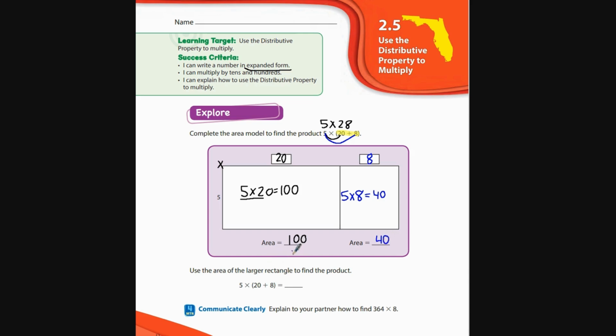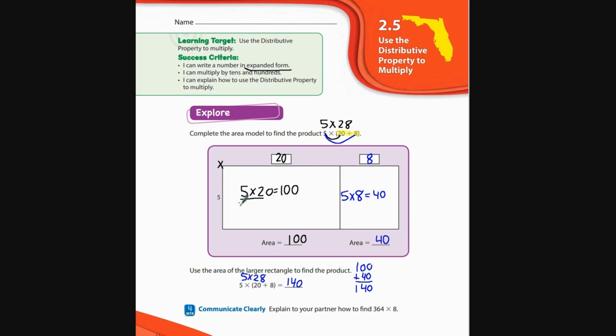That means that in order for me to find the full product, I'm going to add 100 plus 40. And if I add it together, that gives me 140. So I could say that 5 times 20 plus 8, which is originally 5 times 28, is 140. Now, I'm going to do it with the distributive property so you see it that way as well,